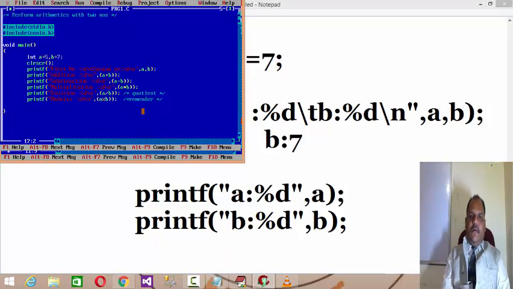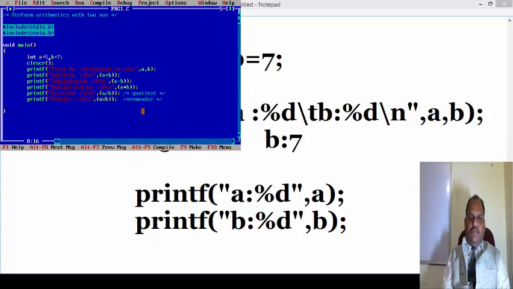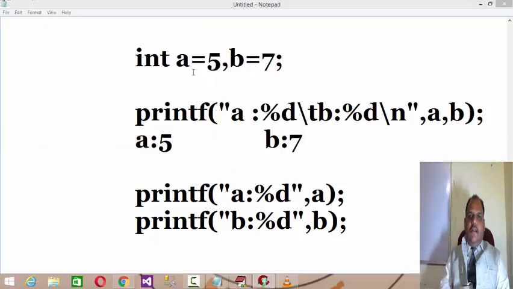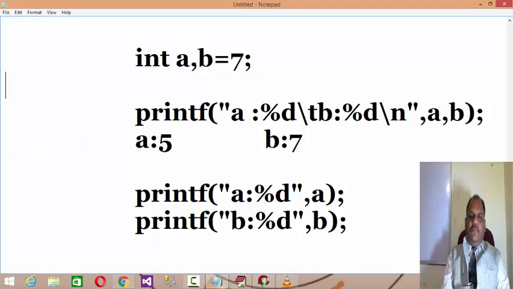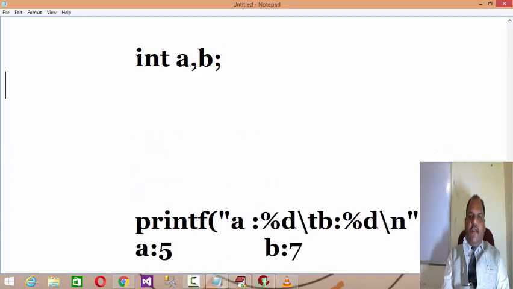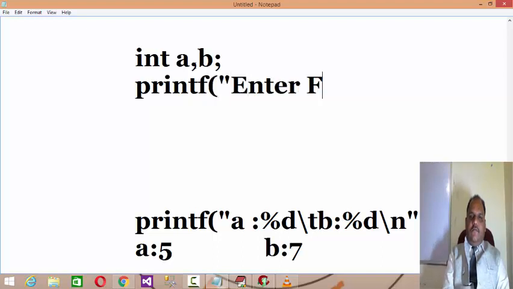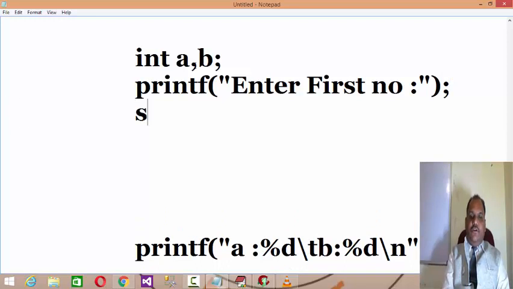Now in this program, I just declared the two variables and tried to perform all the possible arithmetic with them. But let us say I declare and initialize the variables with 5 and 7. If you want to perform dynamic operations, means the user should be able to enter the values of the variables, then what I can do, I'll say printf enter first number as a prompting message, and then I'll use a second function called scanf.